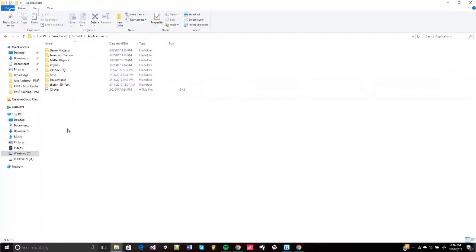For this, I'm not really going to use Matter.js that much, because we don't need such a large physics library for such a small game. So I am going to stick to P5, just to make everything easier. P5 takes a while to open, but it's going to make everything for me. So meanwhile, while that's opening,